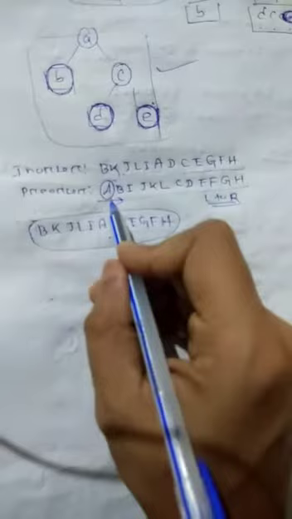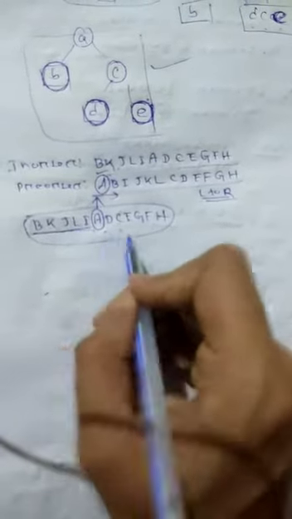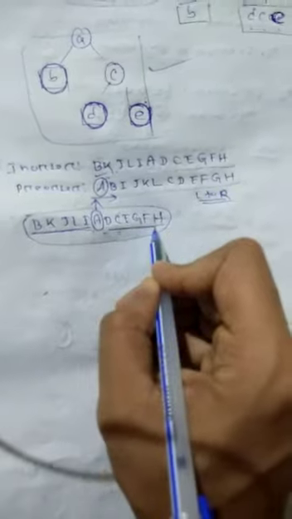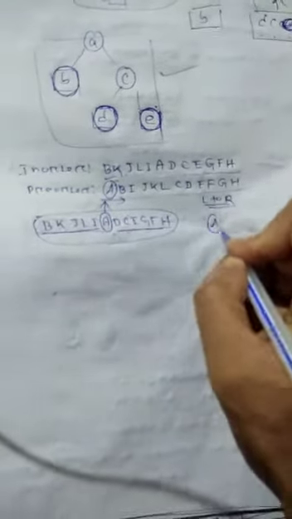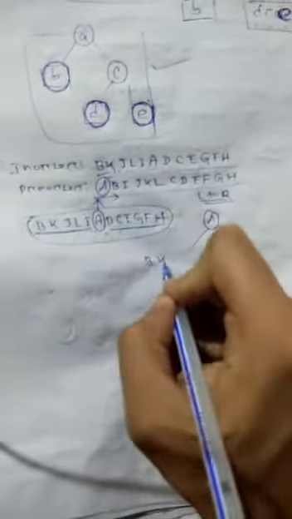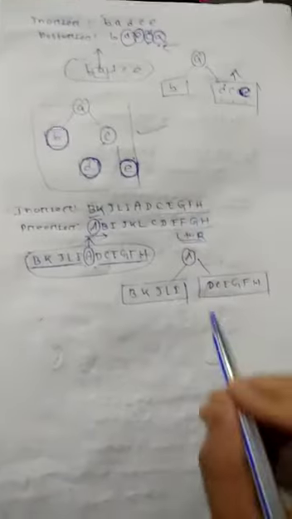So A is the root node. That means first is the A. So A will go to the next level, and whatever is on the left position is some left subtree, and whatever is on the right is some right subtree. But we don't know the hierarchy of this tree; we only know A goes to the upper layer, and these B, K, J, L, I are some left and these are some right. Left and right.